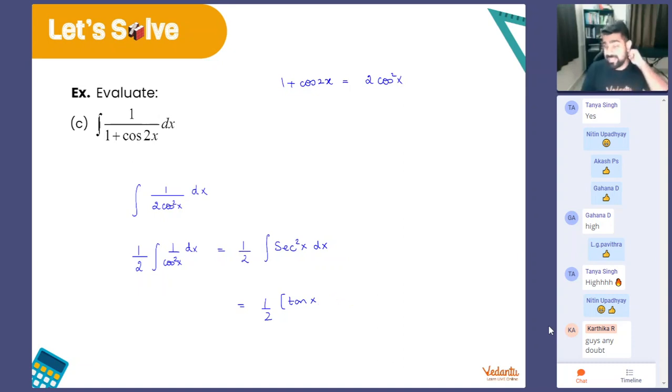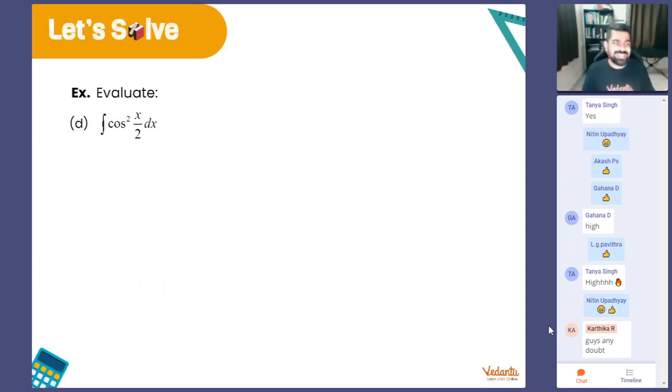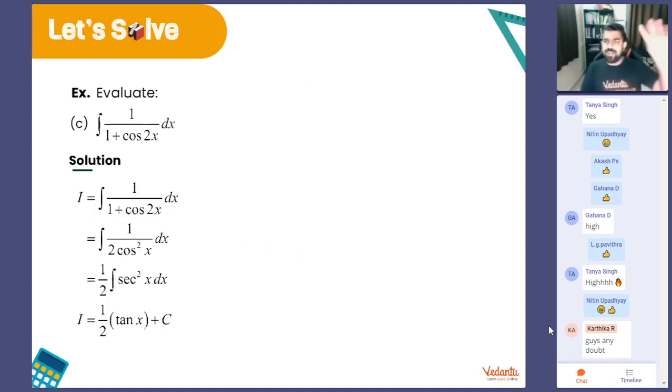So what I was saying is, the integral of secant square x is what? It is tan x plus c. So students want me to write it here, and then when I open it, it will become tan x by 2 plus c by 2. I'm saying it's not necessary because c by 2 is also a constant only, so you can write it as some other c. Got it? So don't be held on to that constant too much. Clear? Fantastic.